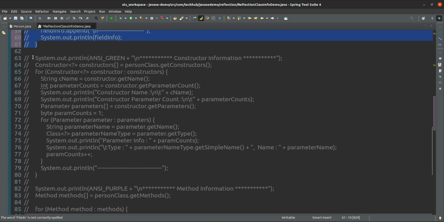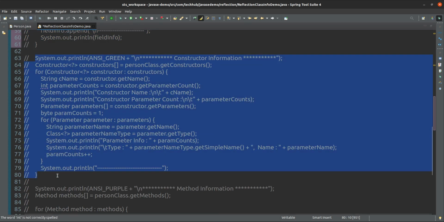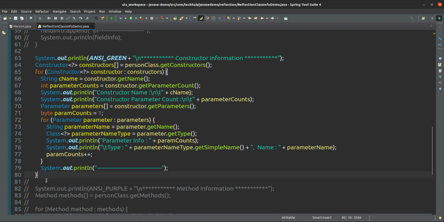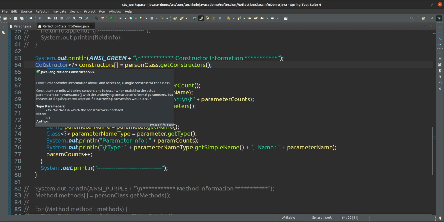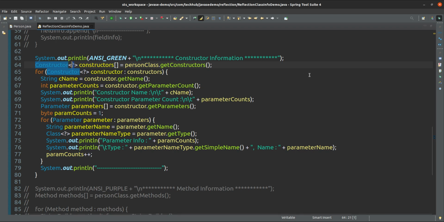So here we are getting the information for constructor. Here what we are doing, get constructors, person dot get constructors we are calling. This get constructor method is returning a constructor, and this constructor is available in java.lang.reflect only, and this constructor is generic.